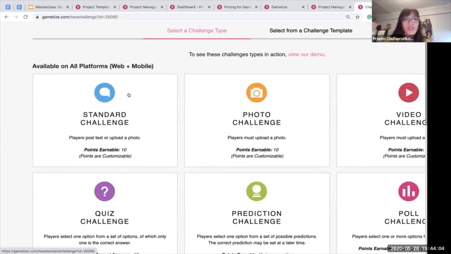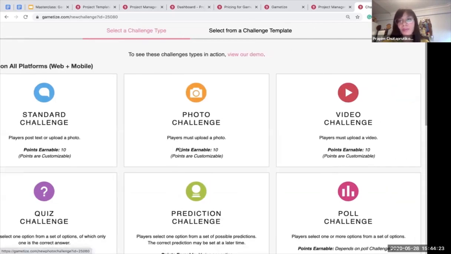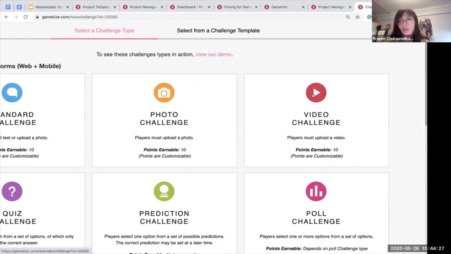So the one that you saw in the in-lab game that we showed in the beginning actually consisted purely of standard challenges. So that's something where we ask a question and then you're able to do a free text entry. So for example, do you have a question for us? Ask us here. So photo challenges, people have to upload a photo or image and then they'll get points for that. Video as well is